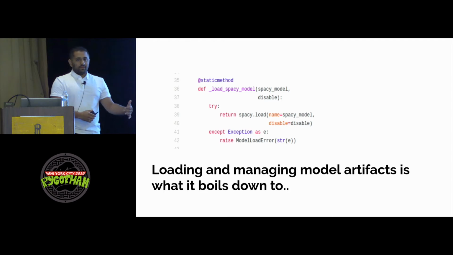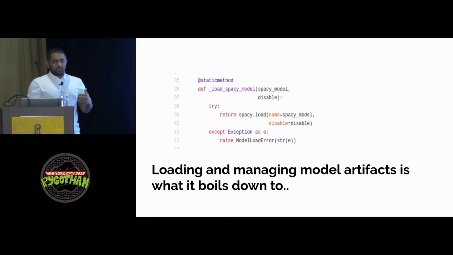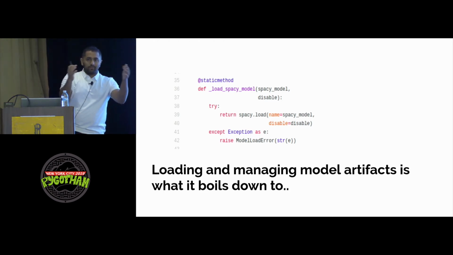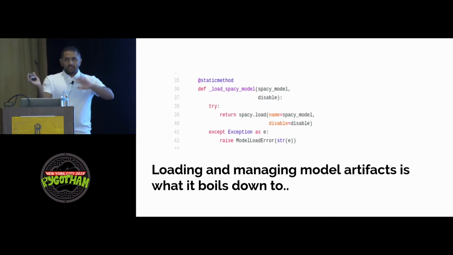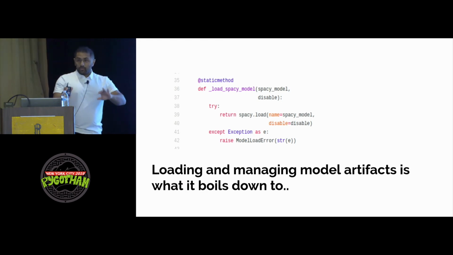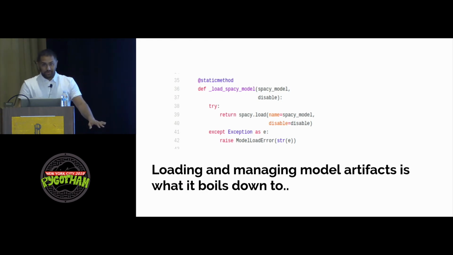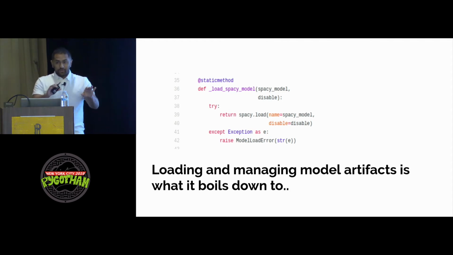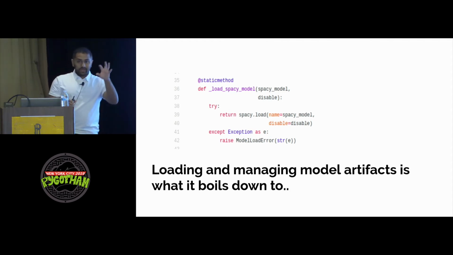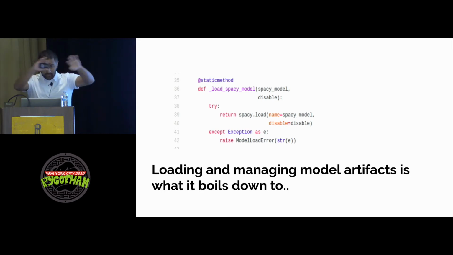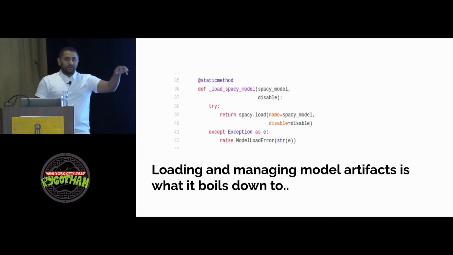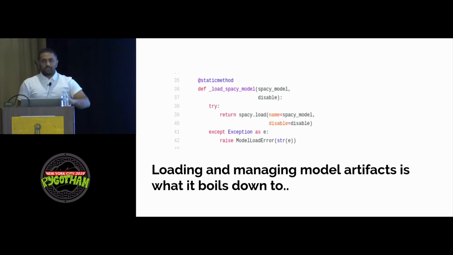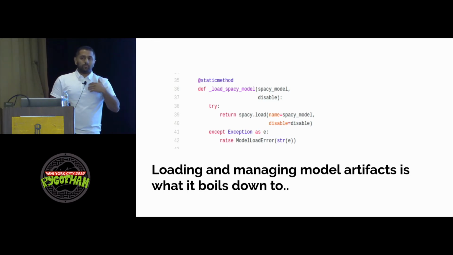Now, once we've brought it to that level, the machine learning specific bit is that we need to learn how to manage that file of equations, that definition of equations that the data science people have created, and only they understand. As engineers, we don't need to get involved with that, we can just work with what they've created. So they give us a file containing all the magic math that exists in there. We don't care about how that works, right? We just care about how to manage these artifacts, how to load them, how to run inference on them, and use them to compute the outputs that we want to compute.